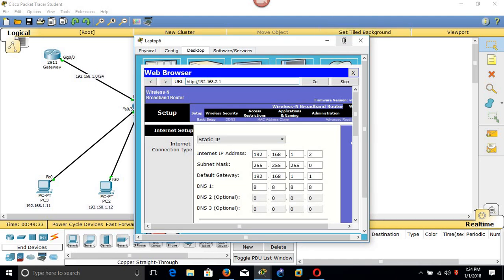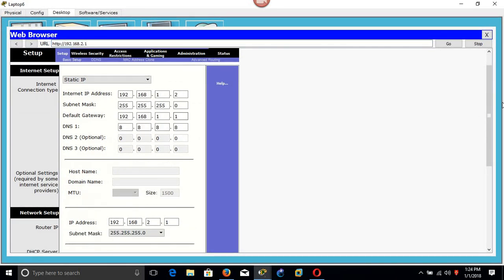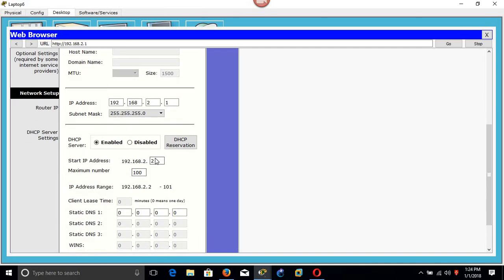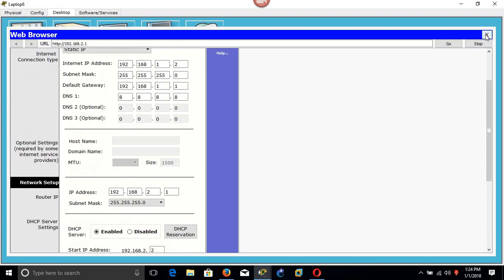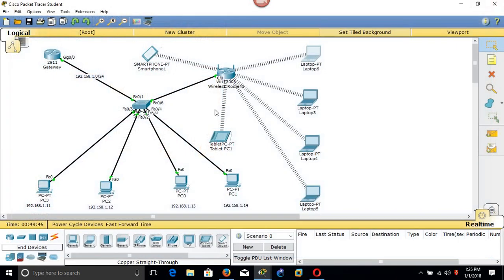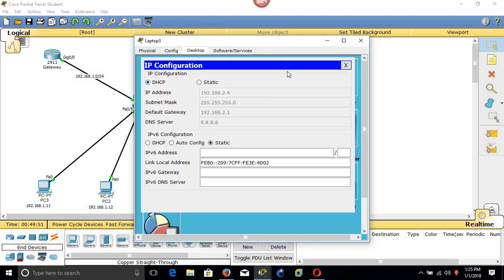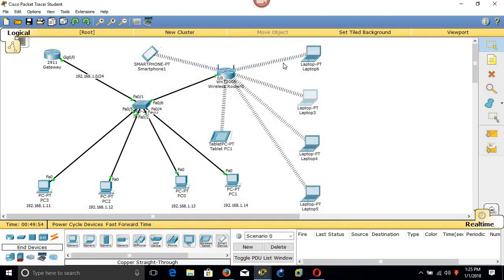If you remember, we configured this IP and the starting IP address. We said we need .2 to be the first IP address. Here you can see. Then now we need to confirm also this one. It means it will be .3 or .4 maybe. Okay, as you can see.